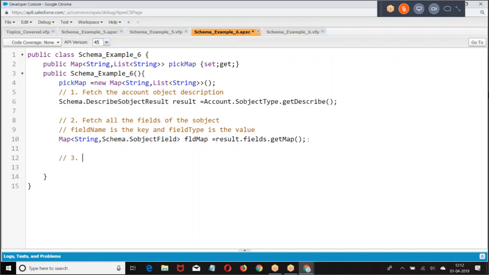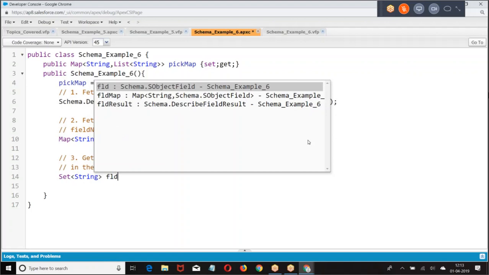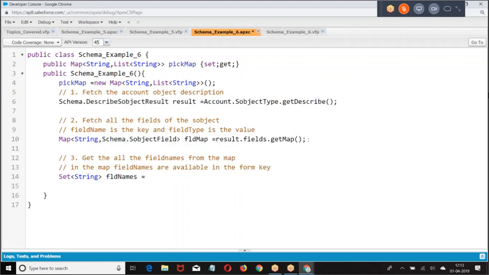Third step. Get all the field names. In the map, field names are available in the form of a set. Set of string field names equal to field map dot key set.